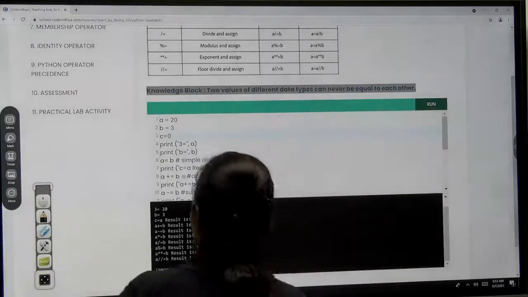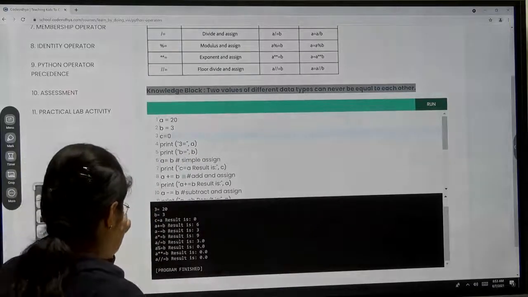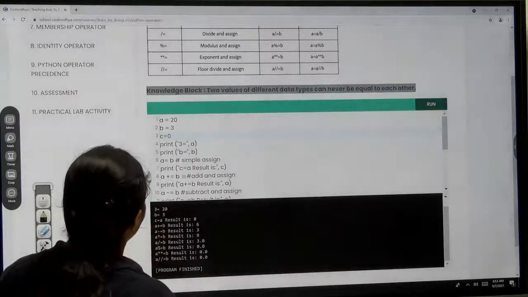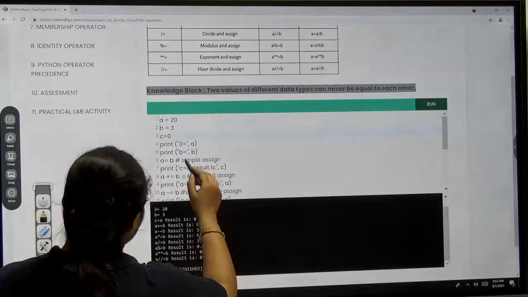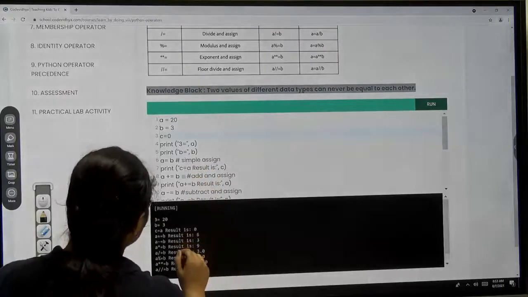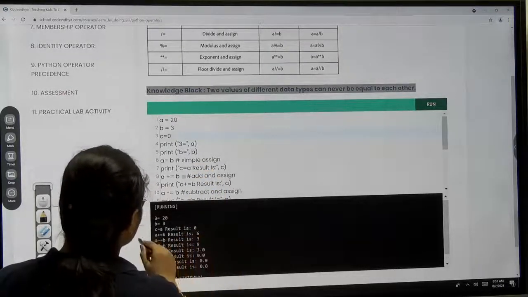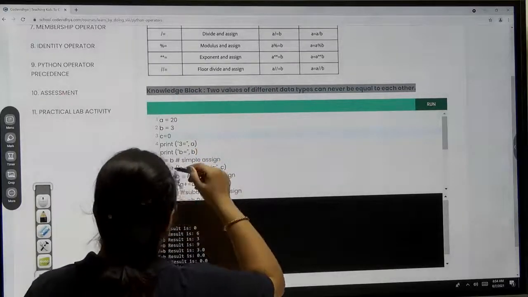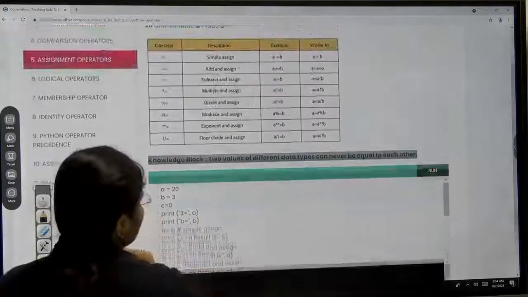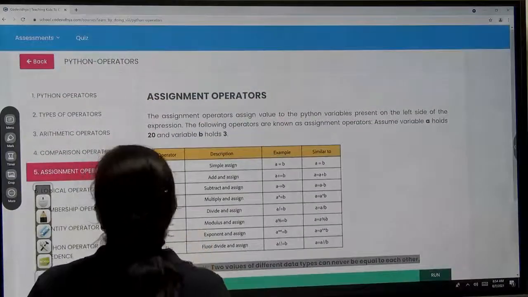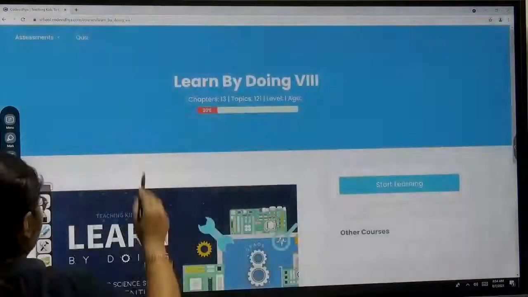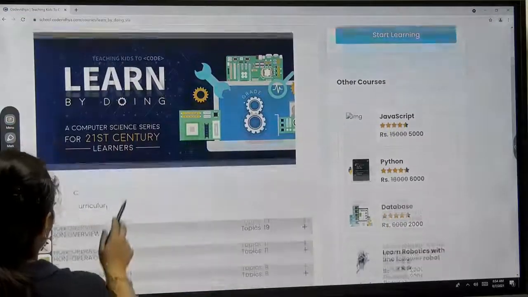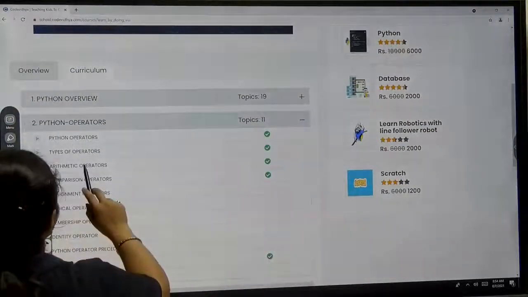Okay, now you can see C is equal to A, C assign A, the result is 0. Why? Okay, I will move back and do this again. Maybe the screen is not getting refreshed. I will run this again.